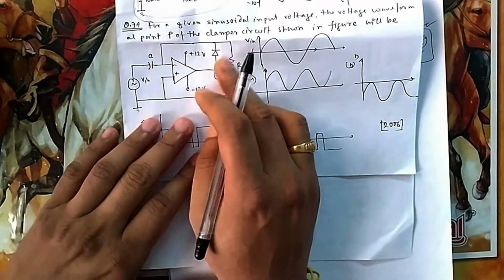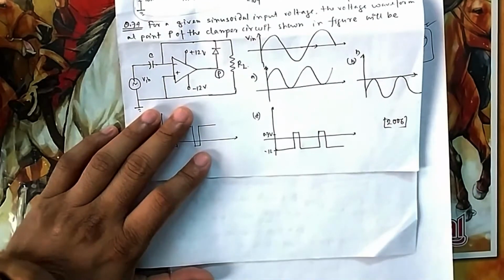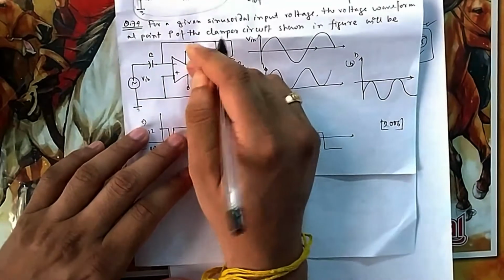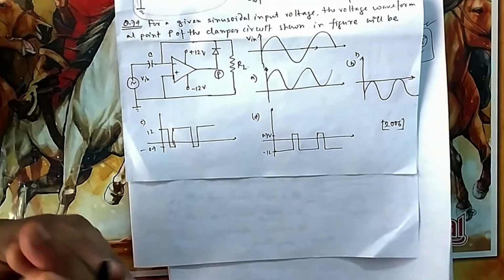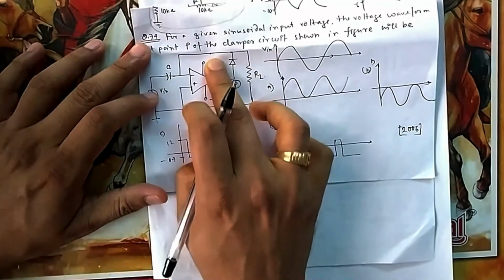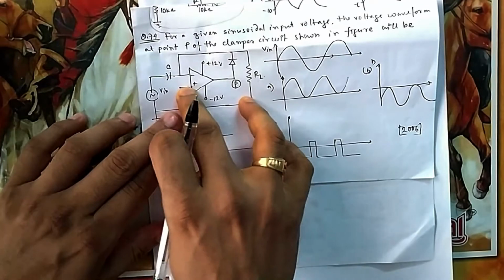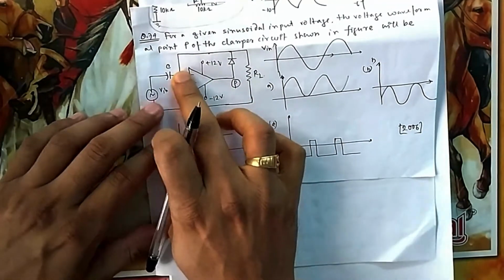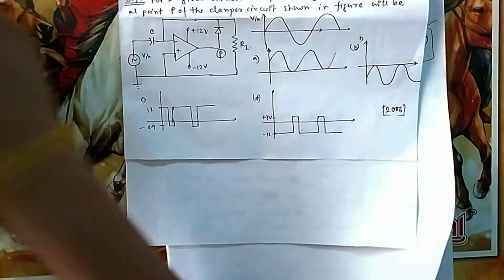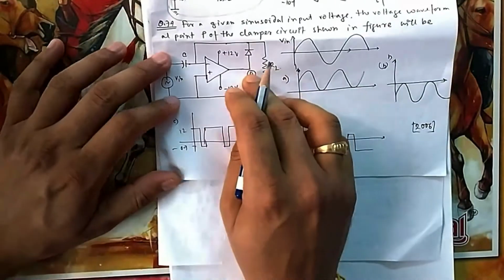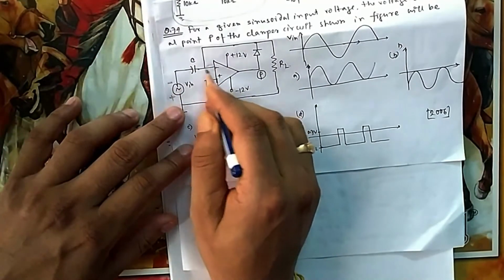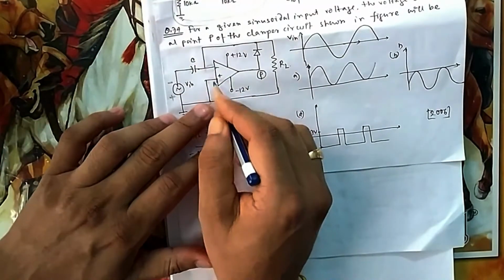That will depend on whether feedback is there or not. So if you want to find plus 12 or minus 12, let me take one by one. When will it be plus 12? When this is at higher potential than this. I am considering this as plus 12, when this is negative, then this will be negative potential and this is at 0, the ground level.